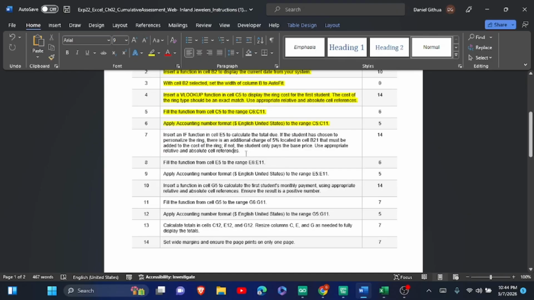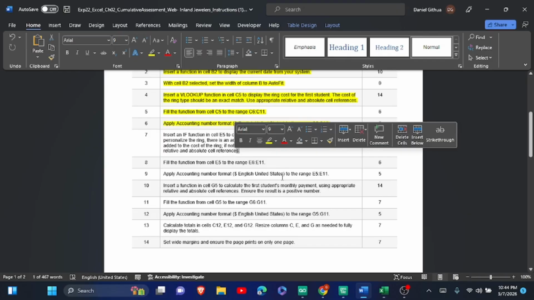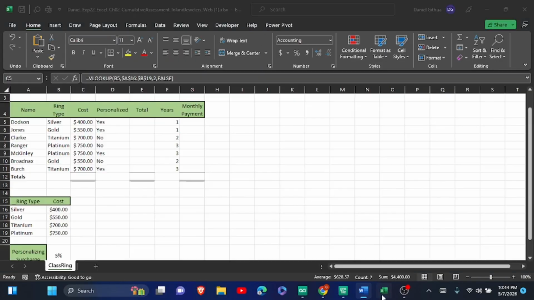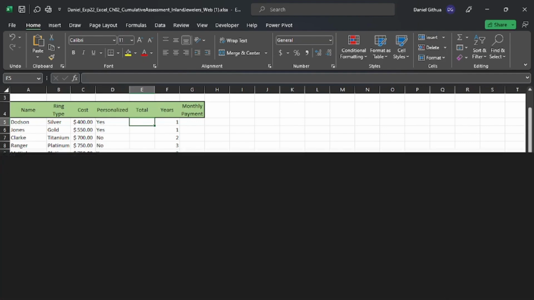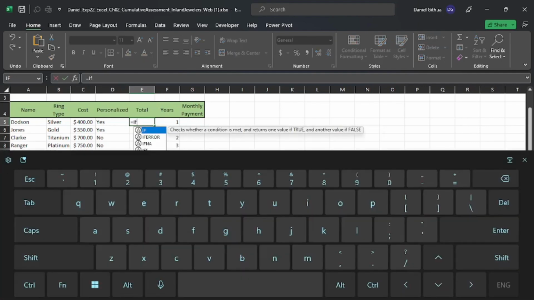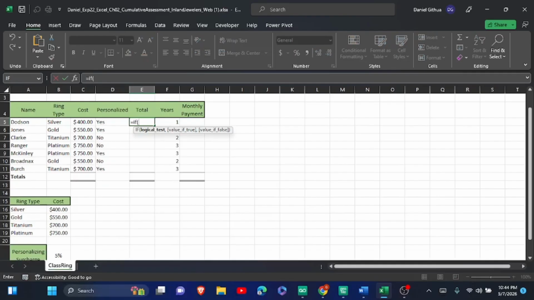Yes, and we are going to make sure that we have the appropriate relative and absolute references. So I'll go back to my Excel file, and we are going to cell E5, and in cell E5 we want to use an IF function. So we just come here and type equals, and then type IF. We are looking for if the cell on D5 here, if this value, click on it, is equal to